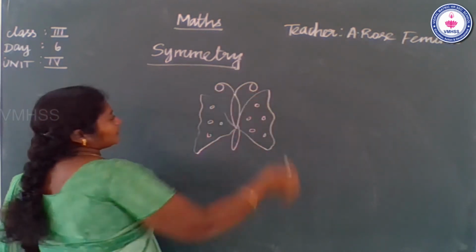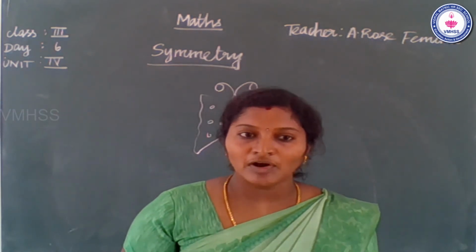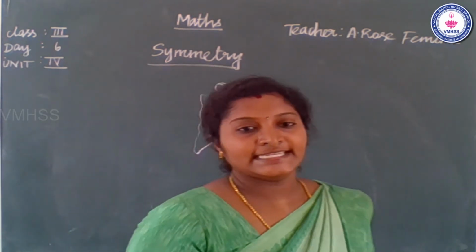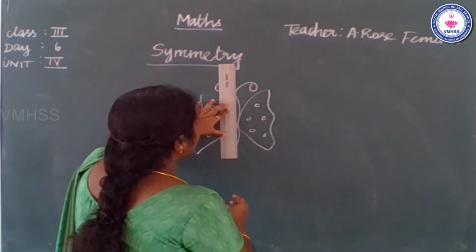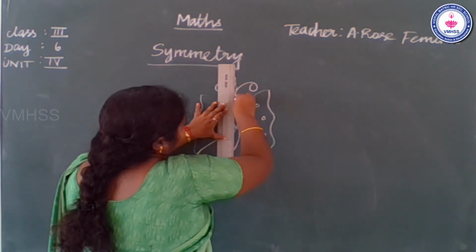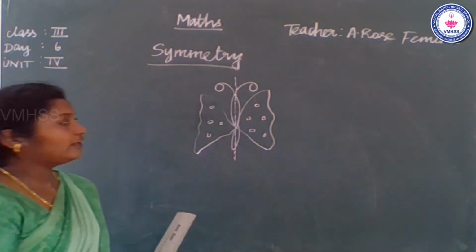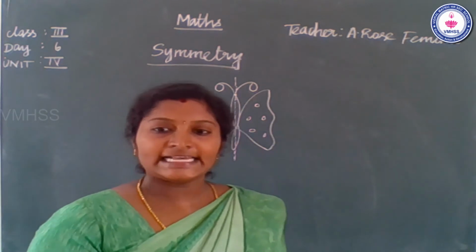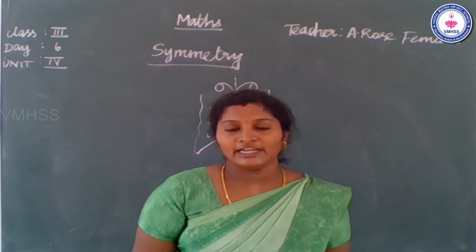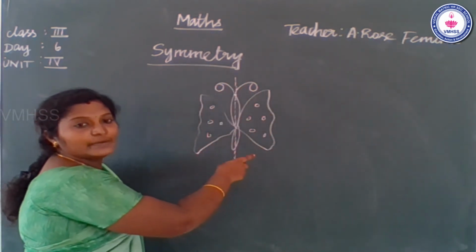What is meant by symmetry? Something is symmetrical when it is the same on both sides. See the board. Equally divide it using the ruler, in one line. A shape has symmetry if a central dividing line, a mirror line, is drawn. So this is the center line, the mirror line.